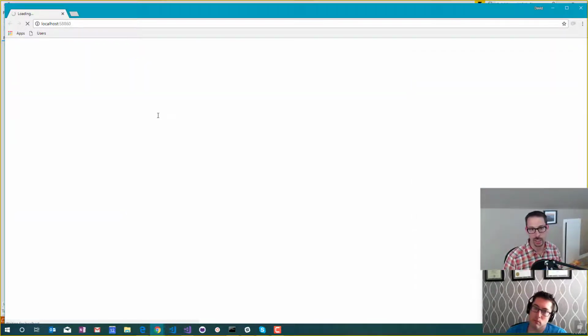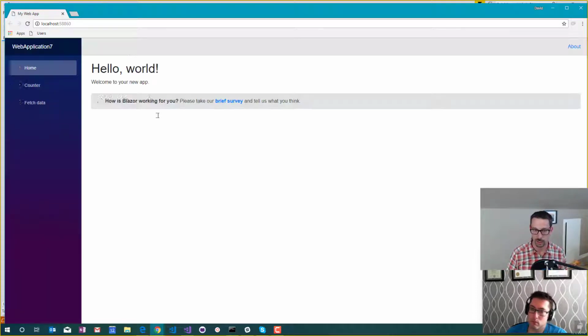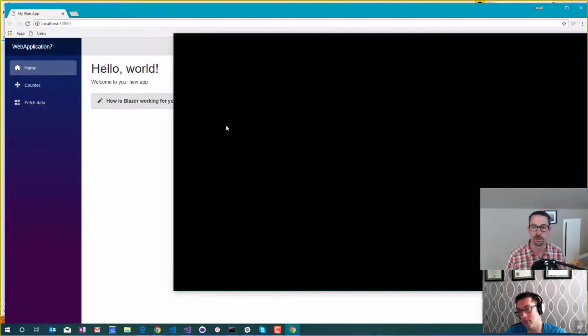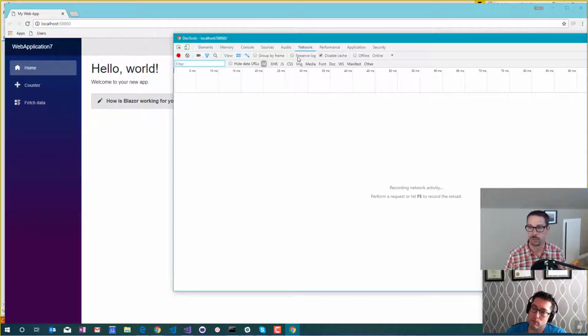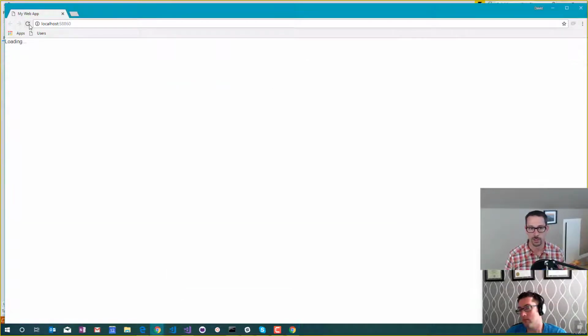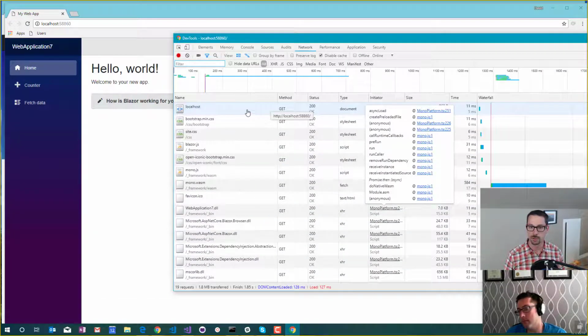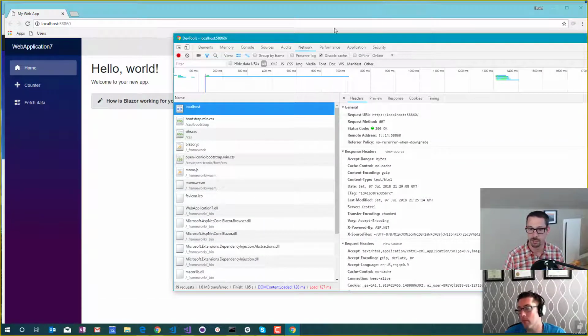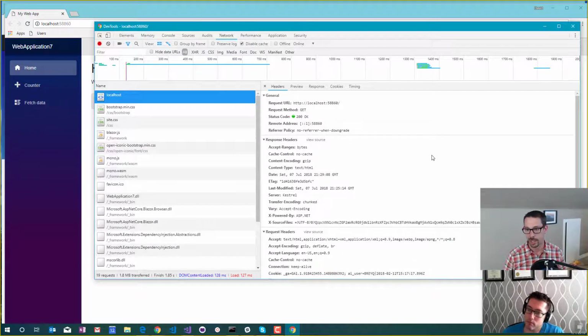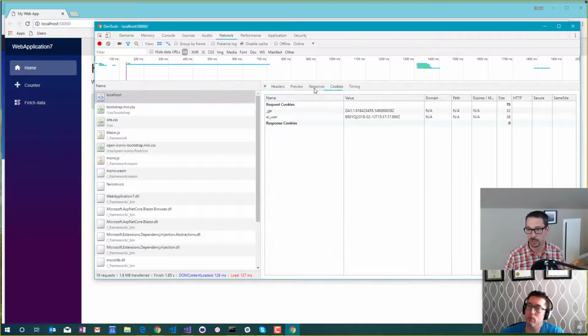And I think the best way to show that is to just take a look at the developer tools in the browser. So I'm just going to hit F12, open up the developer tools here, and hit refresh so that it goes and grabs everything from the server again. So we'll start right up at the top. The very first thing it did was grab that index HTML, and if we look at the response that got sent back,